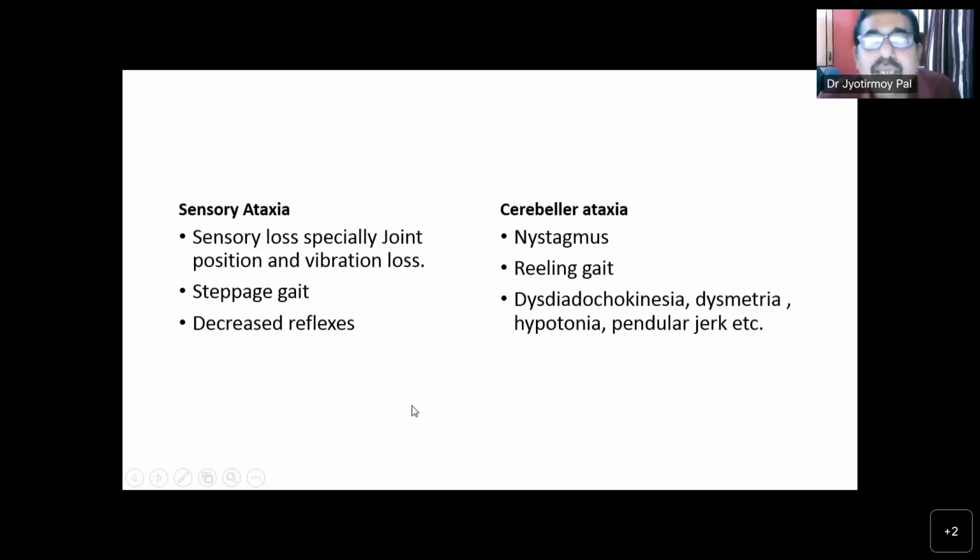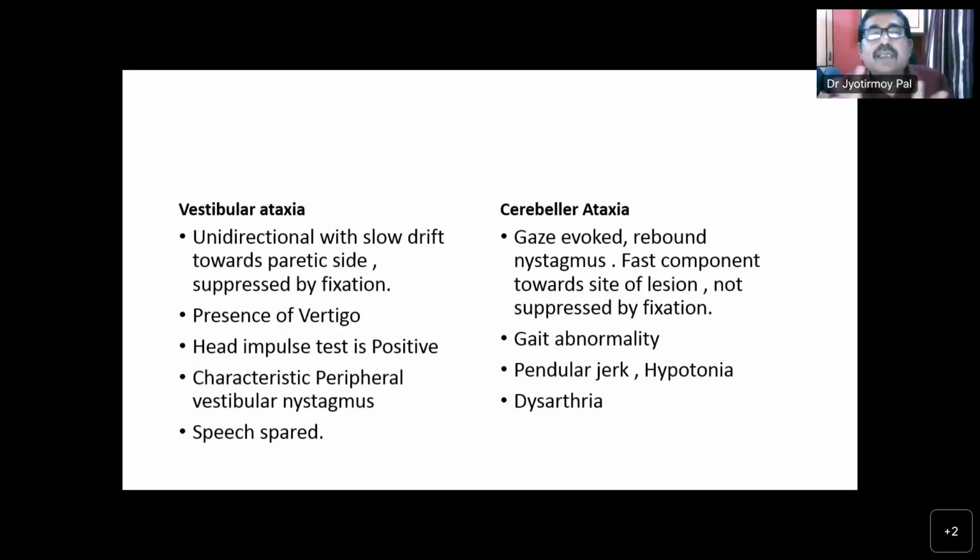And the Romberg sign can differentiate between these two. Next is vestibular ataxia versus cerebellar ataxia. Nystagmus can differentiate between the two. In vestibular ataxia, nystagmus will be unidirectional and the slow drift is towards the paretic side, and very important, it is